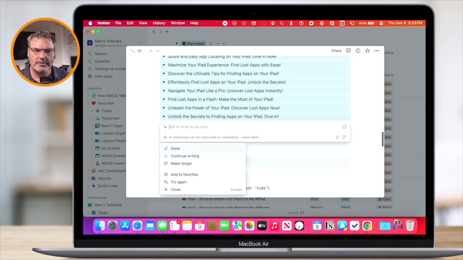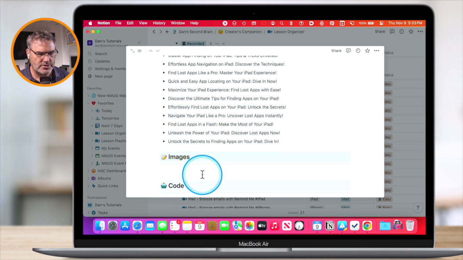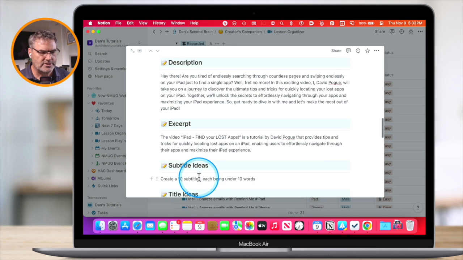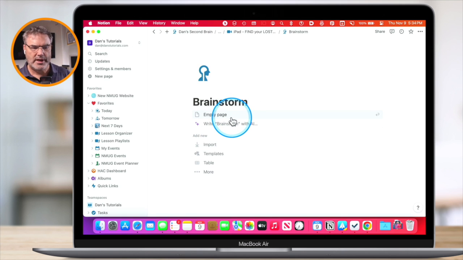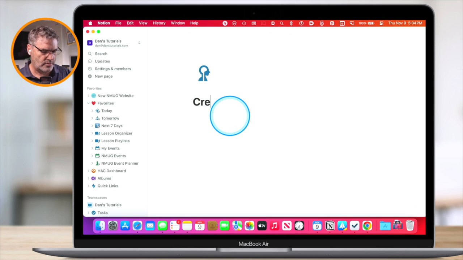And there it is. And now I have all of this. I can put images in here, create subtitle ideas, or I can go over here to brainstorm. It opens up a new page which is still related to it. And I can say,